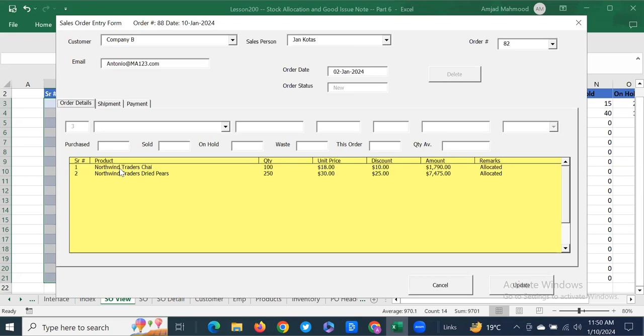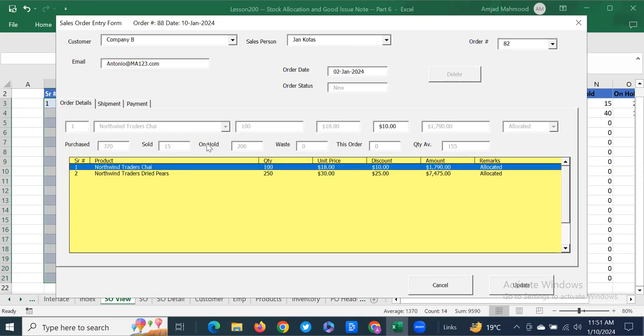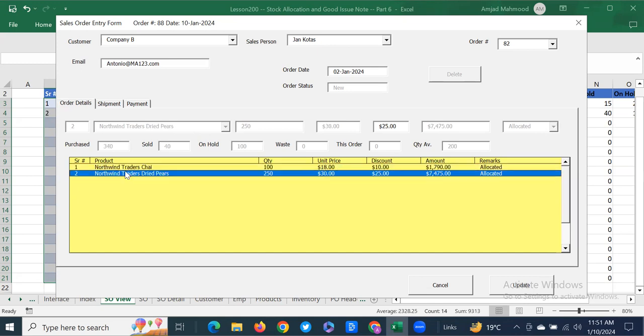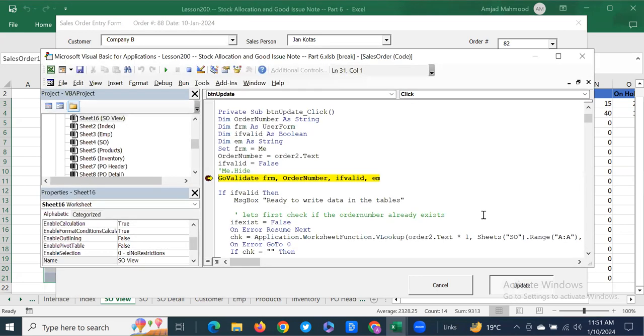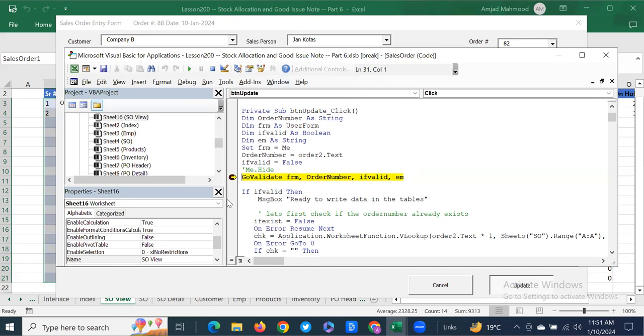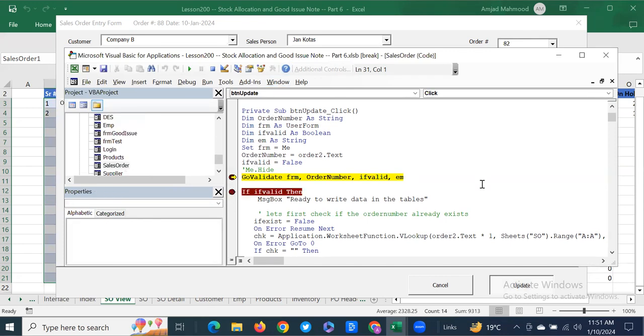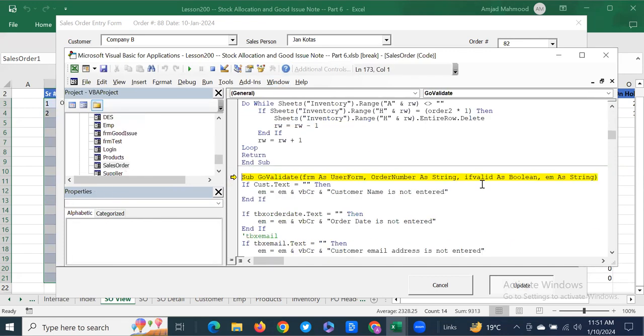And when we click an existing one like this, this is not enabled. So we go to the update, and this is the breakpoint. Here we have the control, and we press F8, and as soon as it displays the message,